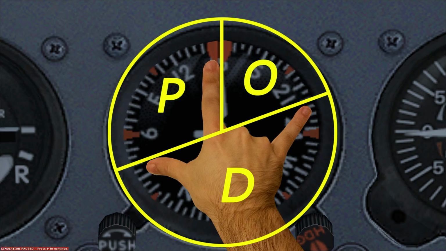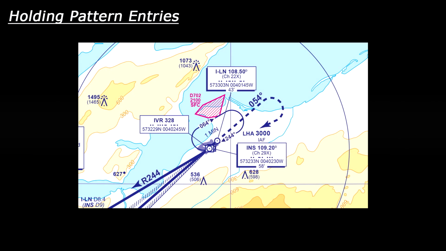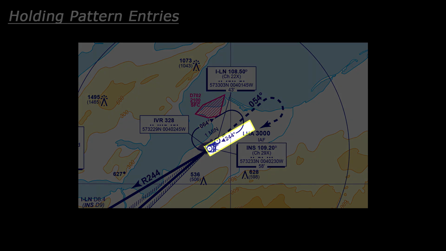Now, before I go any further, I'm going to bring up the holding pattern and the approach chart again, so you can see the specific directions on the holding pattern. What we need is the reciprocal of the hold course. So let me explain. If we have a look at the holding pattern here, you can see that the inbound leg, or the holding course, is 244 degrees. But remember that that is going towards the fix, so we need the reciprocal of that, which will be 064